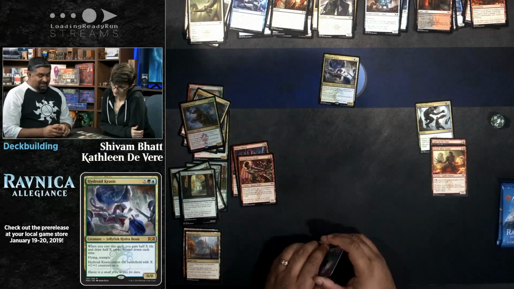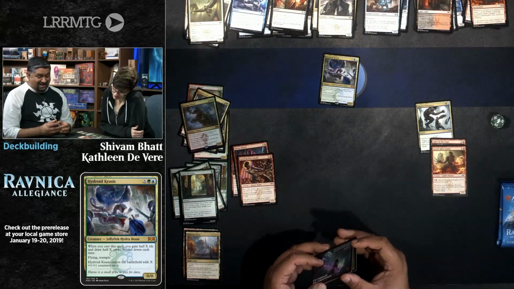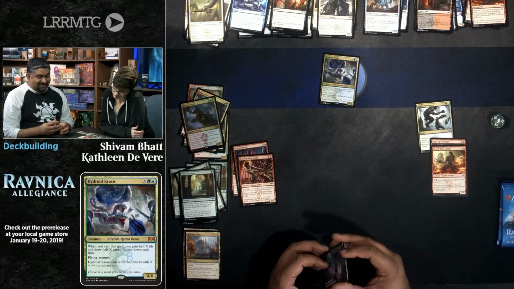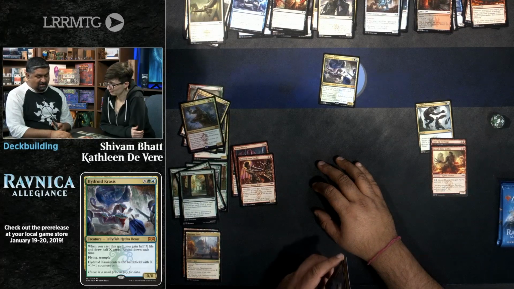We are splashing blue. That is going to happen. That's so good in this deck. This card is absurd. Okay, so first off, X, a green and a blue for a Jellyfish Hydra Beast,